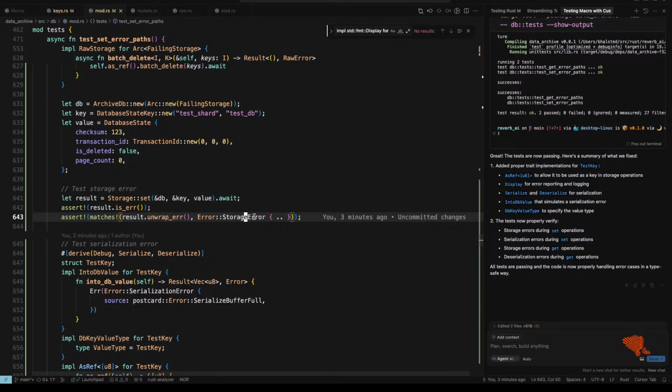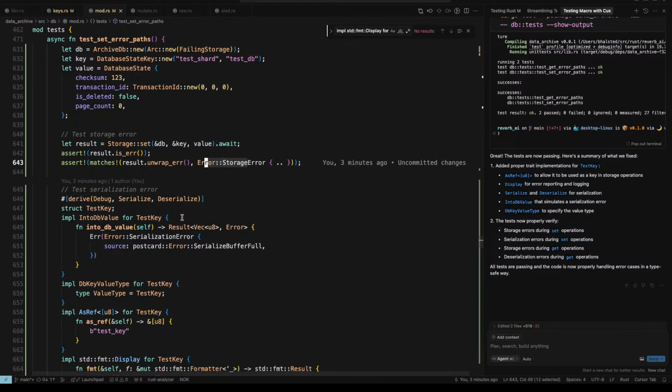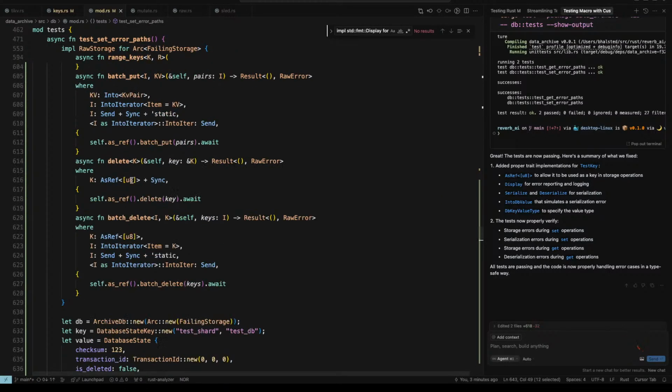Okay, we check to see if the error matches storage error. Interesting. So using underscore in the body doesn't change the trait impl when you do impl this trait in Rust Analyzer. Is that